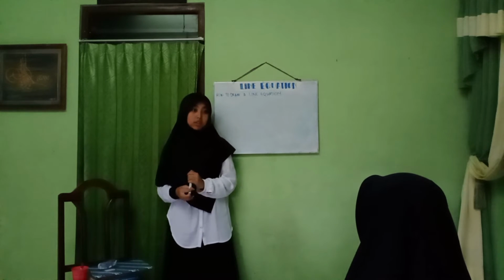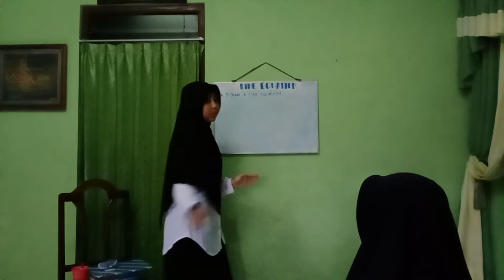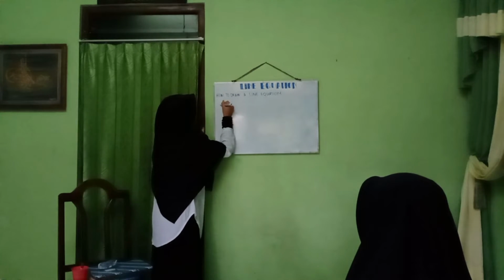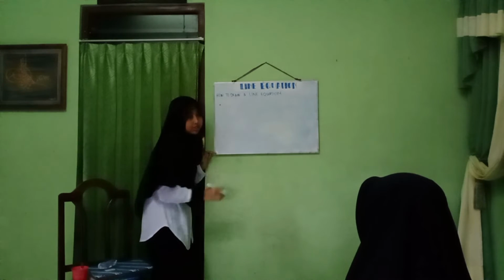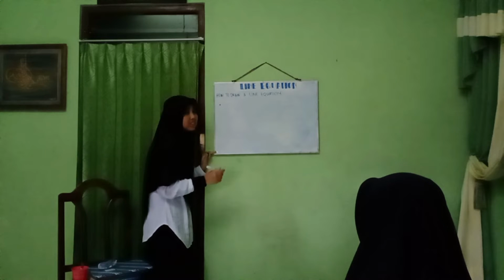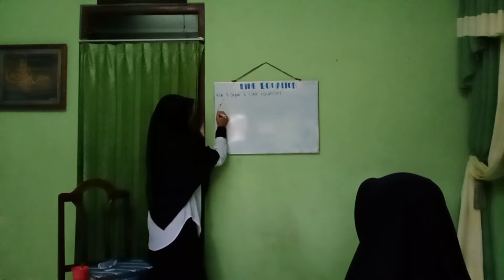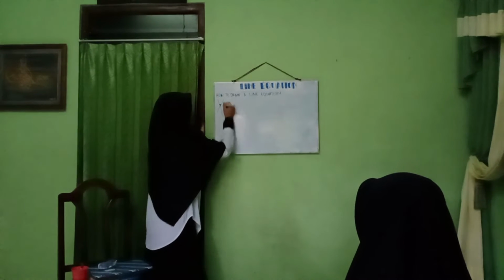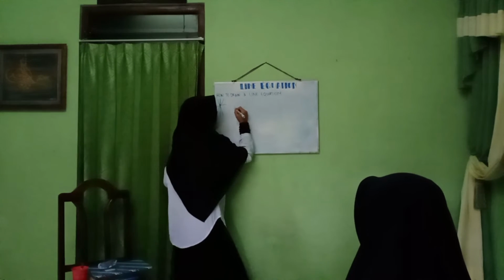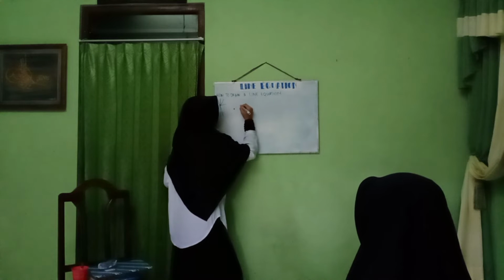2, ma'am. 2, you're right. That's a very good answer. Because why? If we just have one point here, the line is not clear. It can be like this, or like this, or like this. It's not clear. But if we have 3, for example,